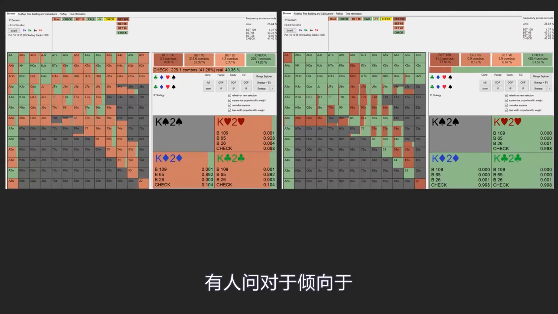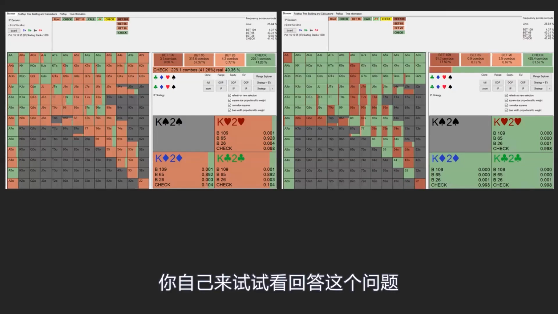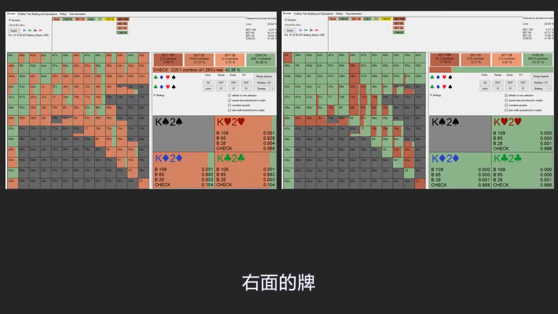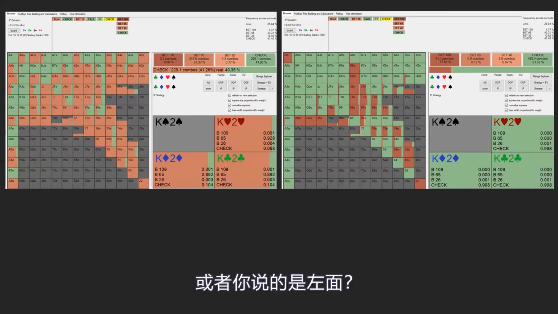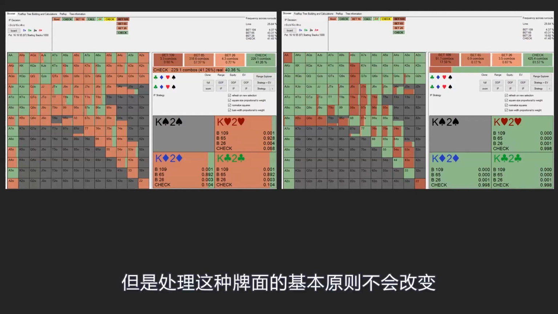Diego is asking, versus a population that overfolds the flop, can we still value bet so thin? Okay, so I'll redirect the question back to you. Do you think we're value betting thin here on the right? Or you're talking about the left? Yes, versus the left, you're totally right. When they overfold, we cannot be betting as wide for sure. But even if he overfolds a bit, the general idea of the situation